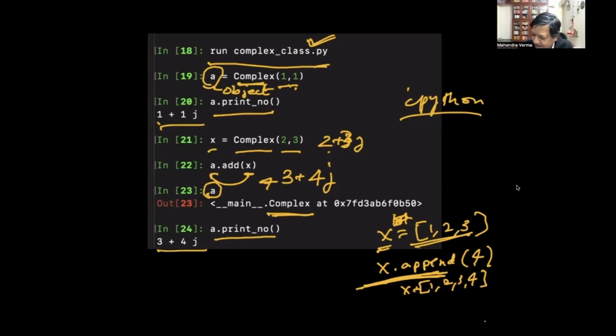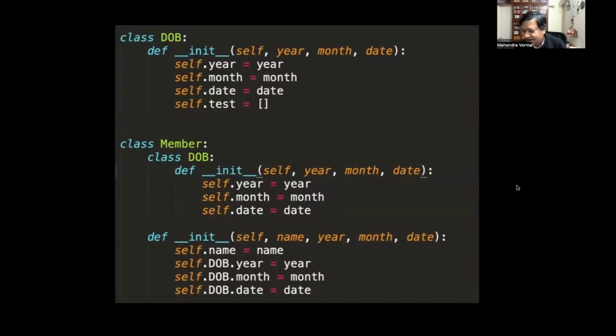Now let's create slightly more complex objects, a complex class. So I create a class called DOB, date of birth. It has 3 fields: year, month, and date. So self.year is year, self.month is month, self.date is date. For testing, I put an empty thing, that means there's nothing in it.